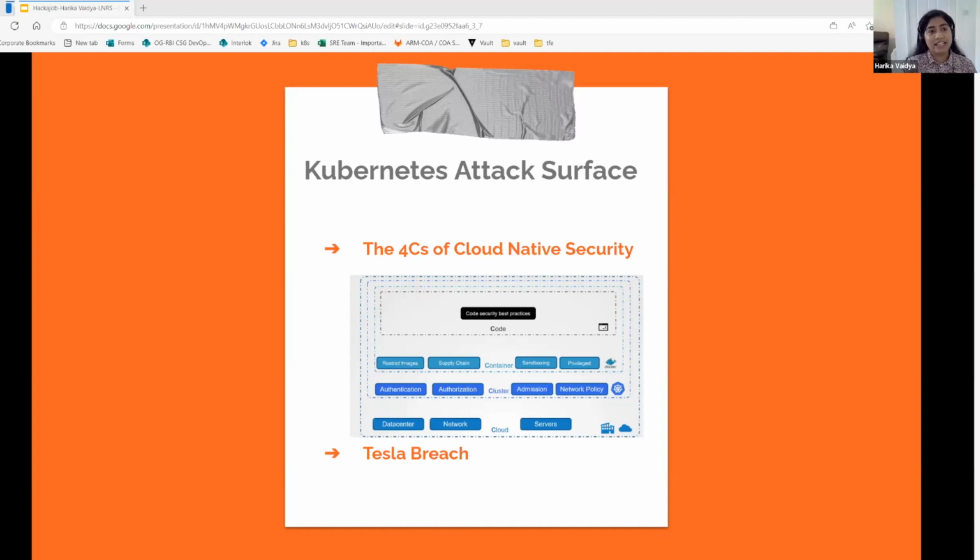Talking about authentication and authorization, Kubernetes supports various authentication and authorization mechanisms that include X509 certificates, basic authentication, OAuth tokens, JWT, etc. And the most important thing is network policies. This is another critical aspect of Kubernetes security. Network policies allow us to define rules for inbound and outbound network traffic to and from our Kubernetes pods. By using network policies, you can restrict access to your pods and prevent unauthorized access to sensitive data.